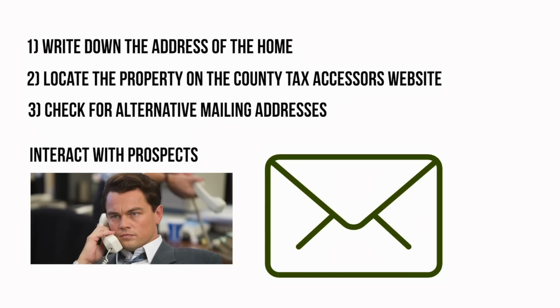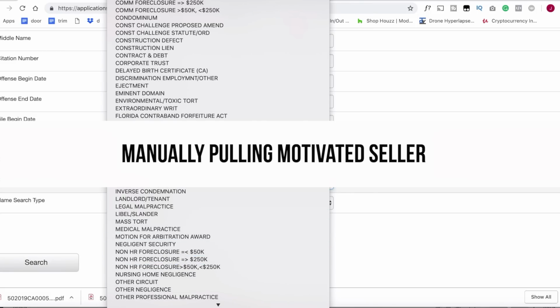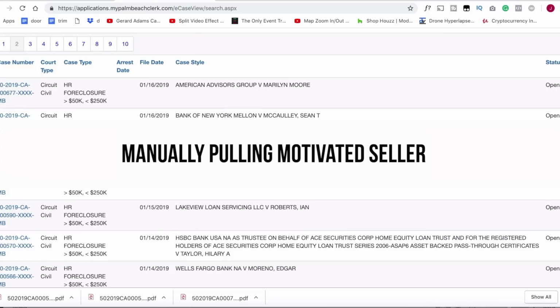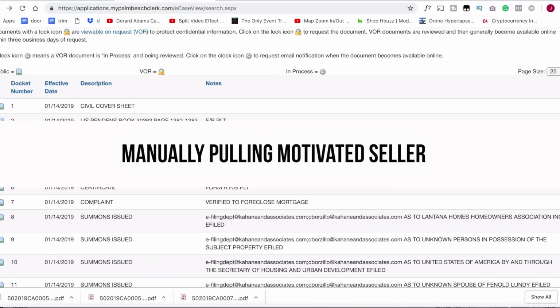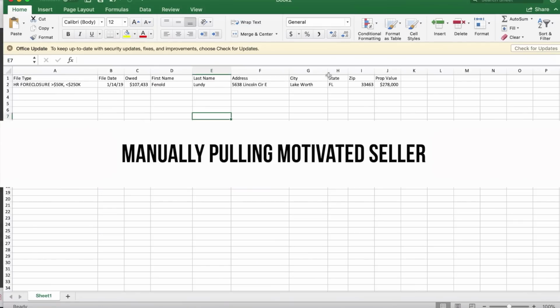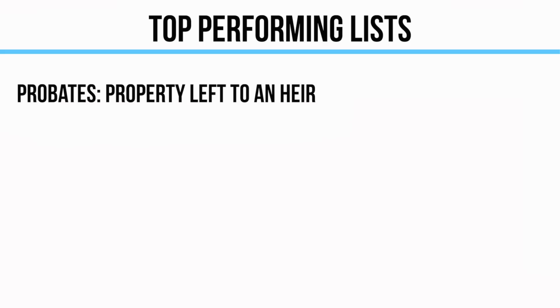But first, the third way to find deals is to manually pull motivated sellers lists. Now, a motivated seller is someone who has a high likelihood of selling their home at a discount. These sellers are usually facing some sort of financial circumstance that you can help them out with by purchasing their property. I find that probates, which are properties that are left to a family member after someone passes away,